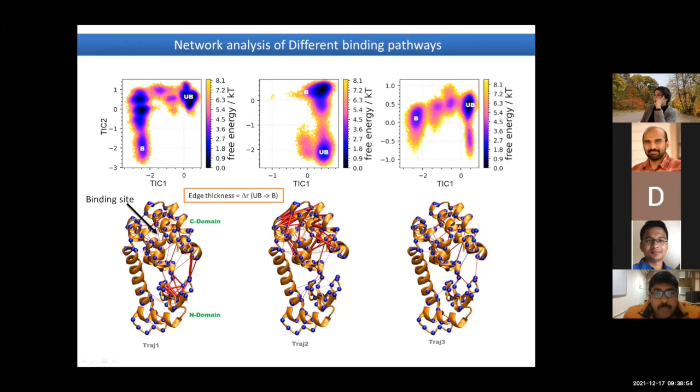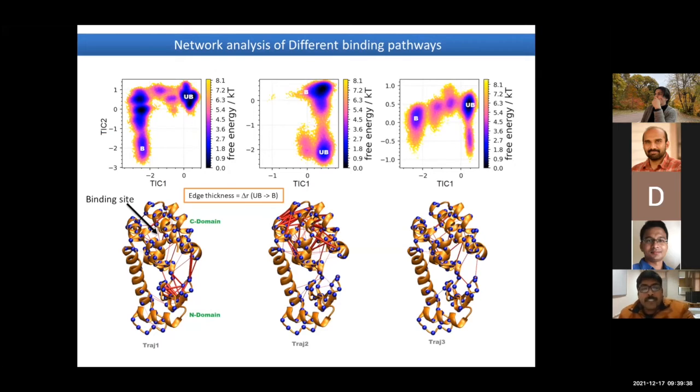When we want to compare, if we have three different trajectories showing different binding pathways, is there any role of these different kinds of networks? So what we did, we have the unbound state ensemble and bound state ensemble on the protein surface. We selected representative conformations from the unbound state and from the bound state, and calculated the change in the fluctuations, like going from unbound to bound, what is happening to those bonds or connections. And we projected this change in fluctuations on this 3D surface to see which residue pairs got affected